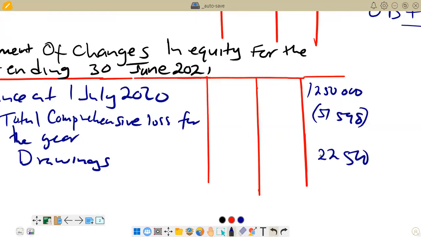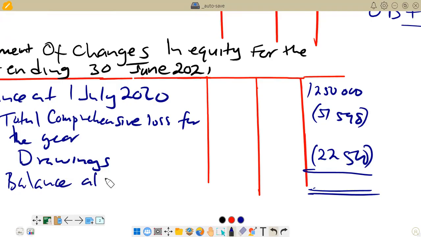And remember, with these drawings, we are also saying less. So we subtract again to get the net figure there. This one is going to be our closing balance. So this one is balance at 30 June